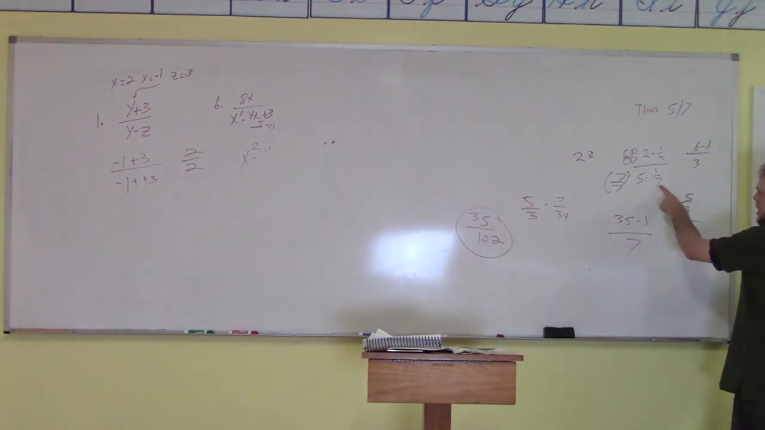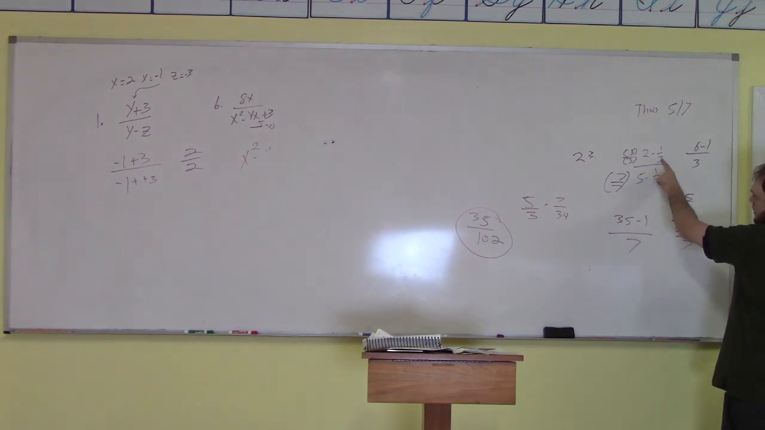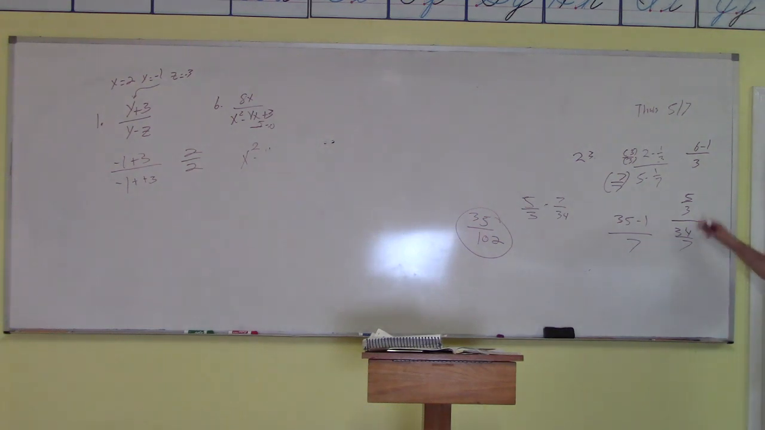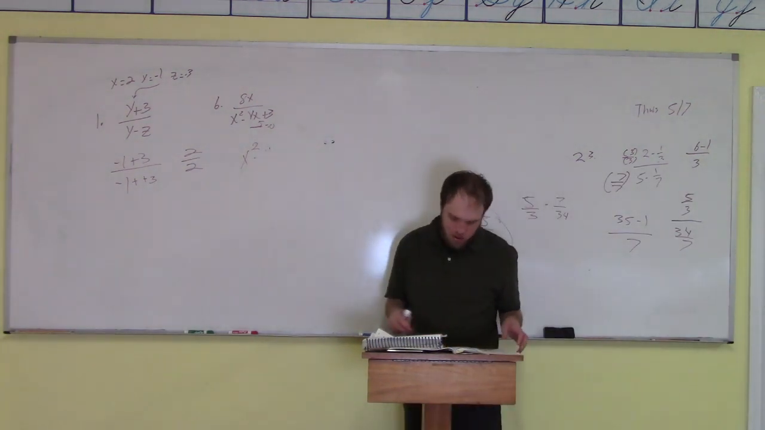There was a 7 in the bottom, so I had to multiply the 5 times 7 over 7. Then I had to multiply the 3. Since there's a 3 in the denominator, I had to multiply the 2 by 3 over 3. And then once you get down to where you have a fraction over a fraction, then you have to multiply by the reciprocal. And so that is going to be the thought process for